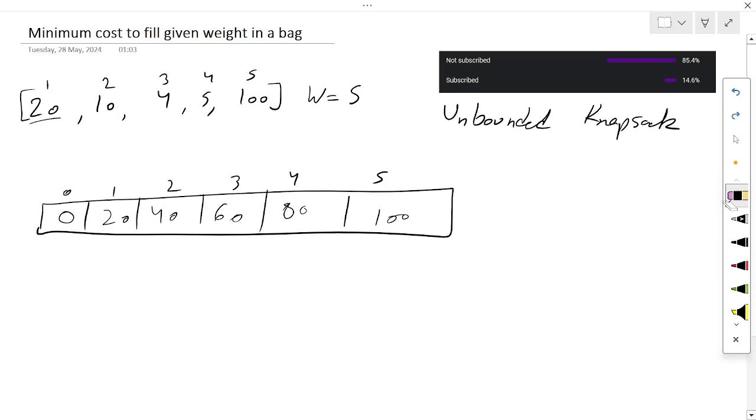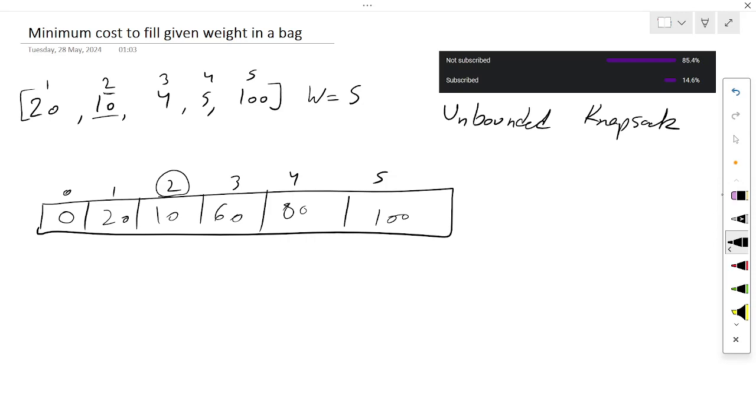Now let's move to second element. Second element is 10 and its weight is 2. So I have to take minimum 2 weight. So I will start from 2 here. So then I have to take minimum cost, as the question says I have to take minimum cost. So from 2 I have two cases, whether I can pick 40 or I can place single element with cost 10. So due to minimum cost I will take the minimum element. So I will place 10 here.